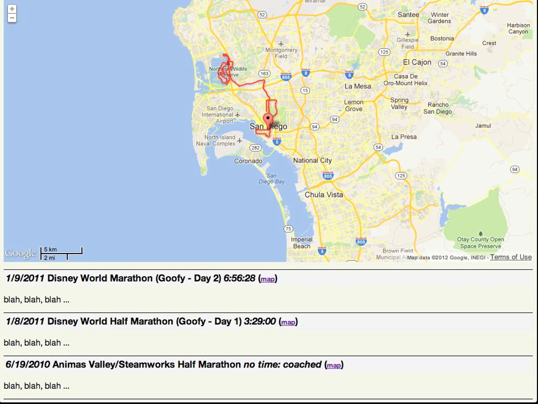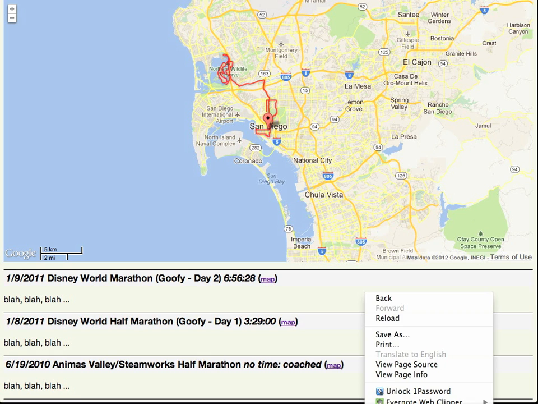So let's take a look behind the scenes at the source for this page and talk about some of the characteristics of this as it better reflects what you might think about in terms of the structure and approach for a more operational Google Maps page. So if we do View Page Source,